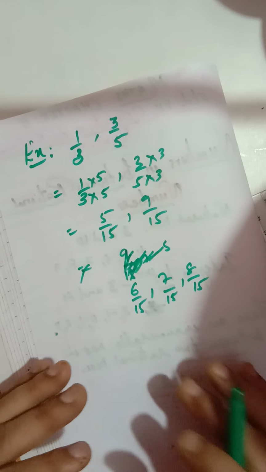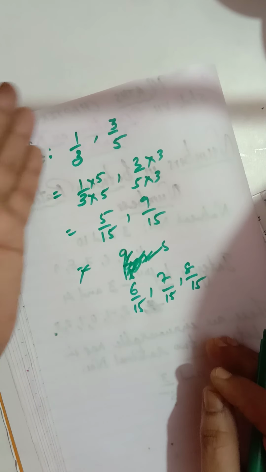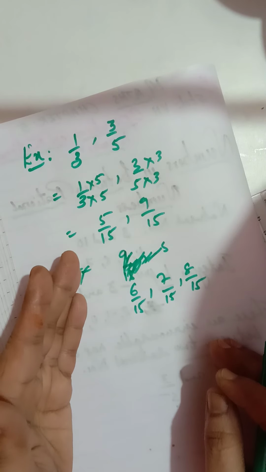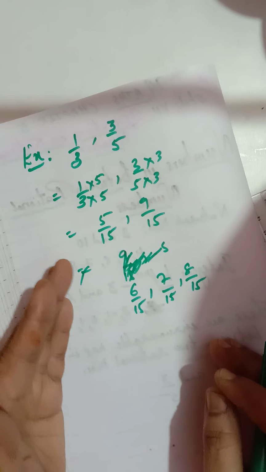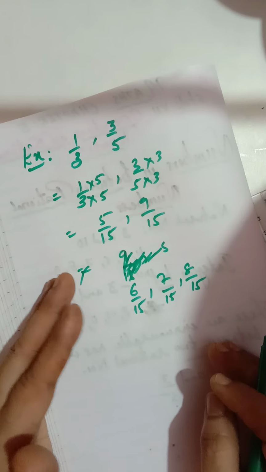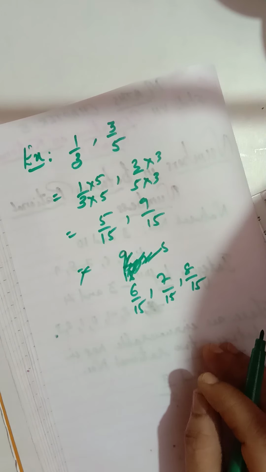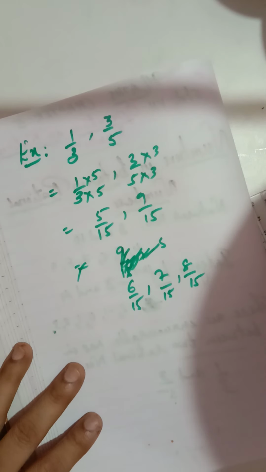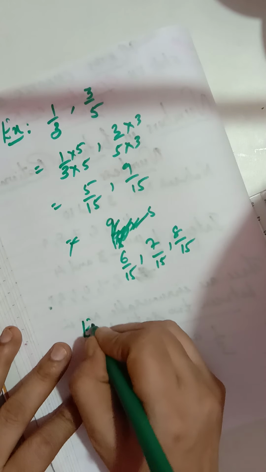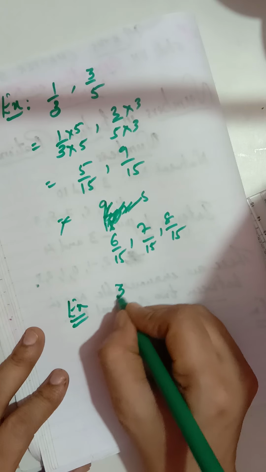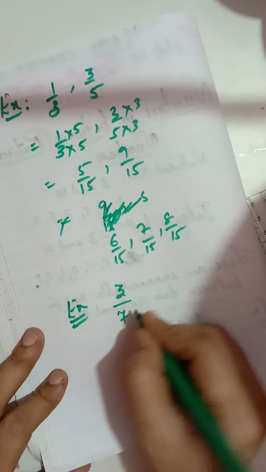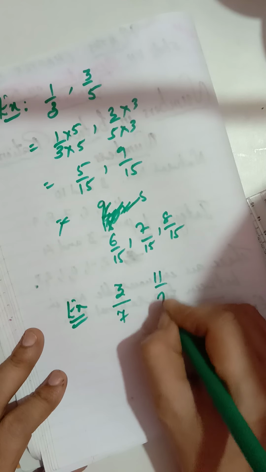But we can also take 6.1/15, that means decimals you can also take. So in the case of fractions, when fractions are given, you are going to follow one method, and this method is what we have already learned, cross multiplication, making the denominators equal. Now suppose the denominators are equal, for example, write the in-between rational numbers of the fractions 3/7 and 11/7.